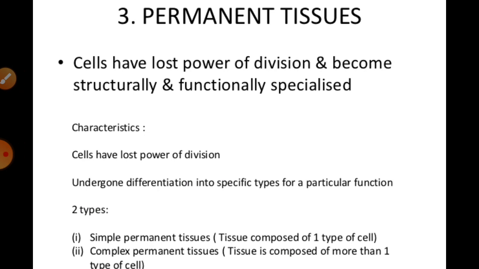And their classification on the basis of their function, on the basis of their origin, they are found in the different plants. Let's move to another topic, the second topic, that is called the permanent tissue. First of all, we have to know why these are known as permanent tissue. Generally, the meristematic cells continue to differentiate and lose their ability to divide.